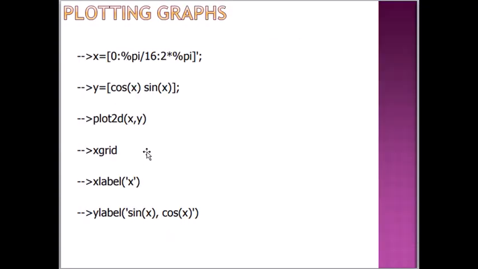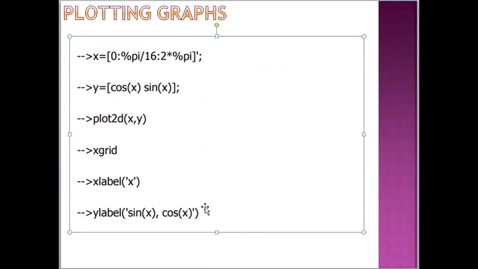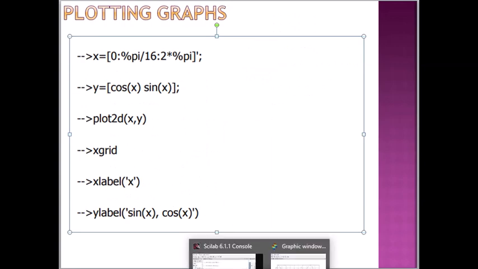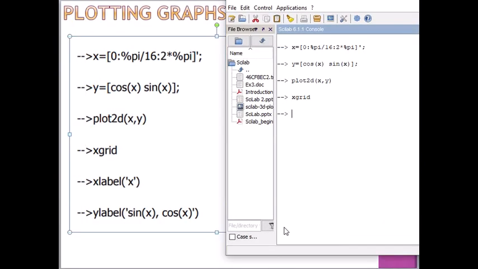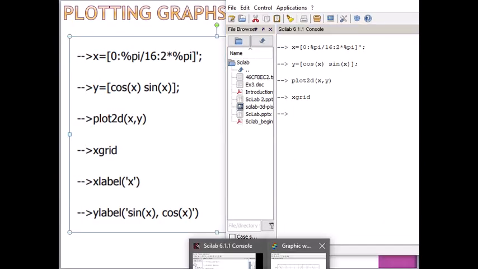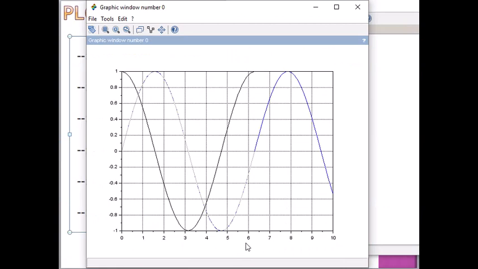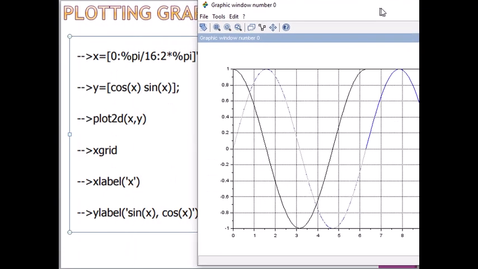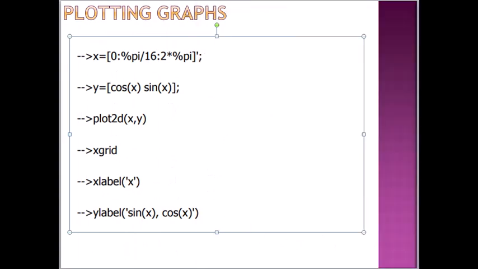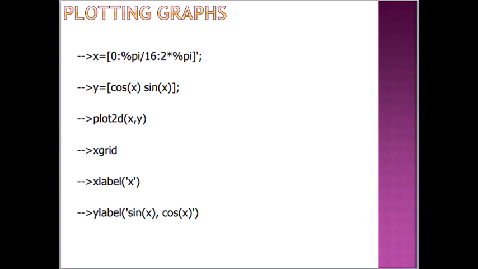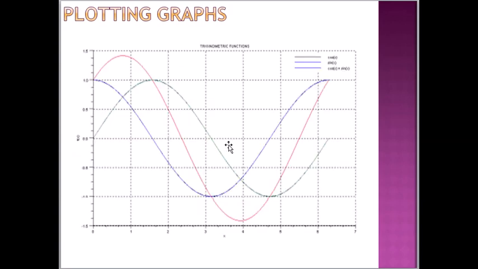And next, we can define the X label and Y label. This is the X label and this is the Y label. So if we write X label is x and Y label is sin x cos x, then such a type of plot will come, right?